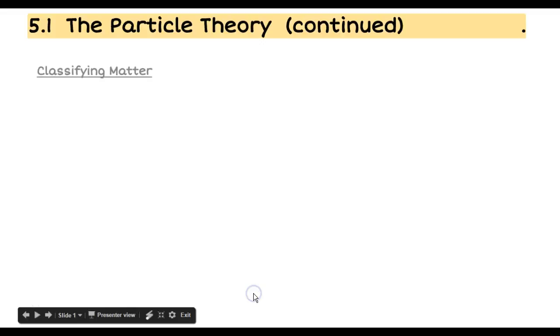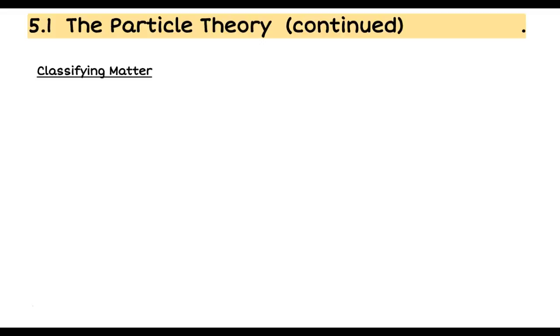In fact, today we're going to talk about classifying matter. So, what does it mean to classify? I would say a good example of this is what may go on in your closet at home. Maybe you have classified your clothes in a certain way. So, for example, you may classify your clothes by color, you may choose to classify it by item, and so